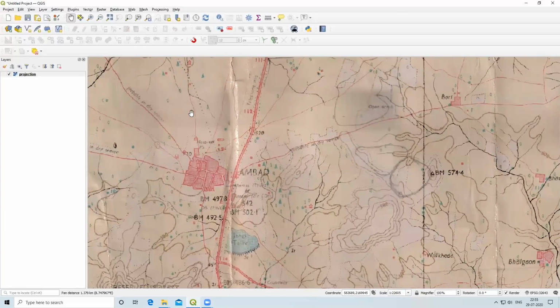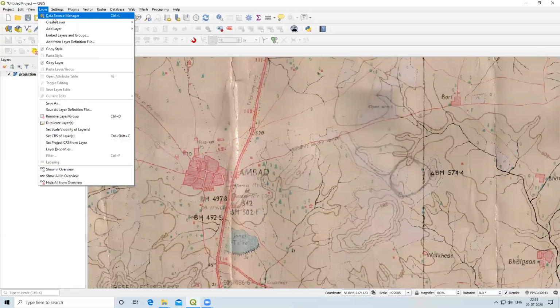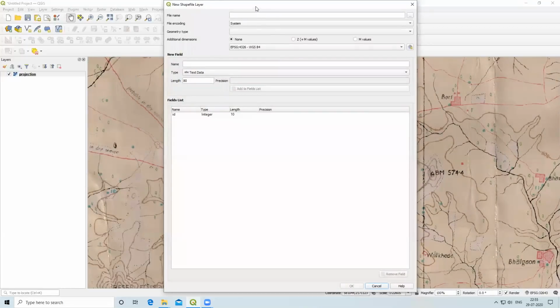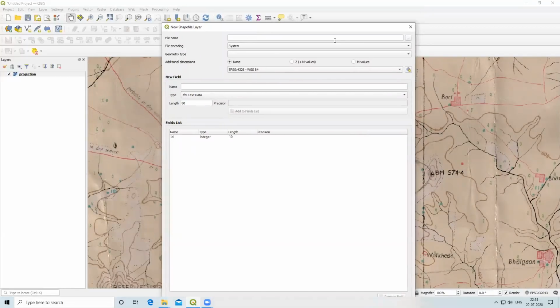To create point shapefile, I will click on layer, create layer, new shapefile layer. I will click here. Then file name, I will select the folder where I want to save this file.